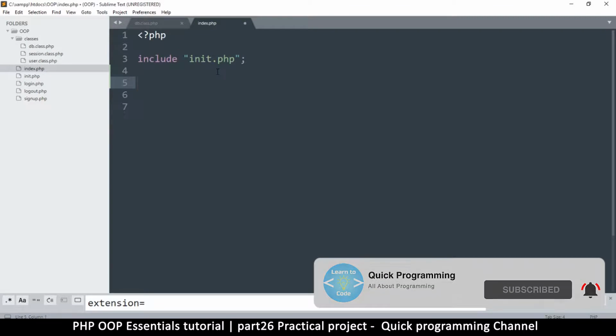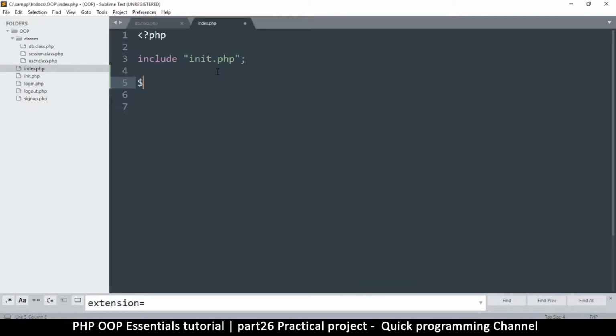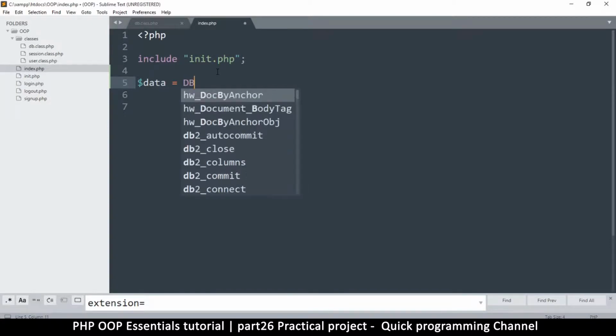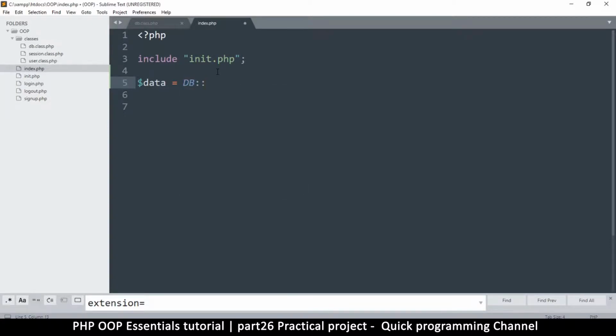Let me go to my index page here, and right after there, what I want to do is print readable. So I just want to see what was returned. So I will say data is equal to. So now instead of creating a new instance of DB class, all I'm going to do is say DB like that, double colon like this. And then I'm going to say,